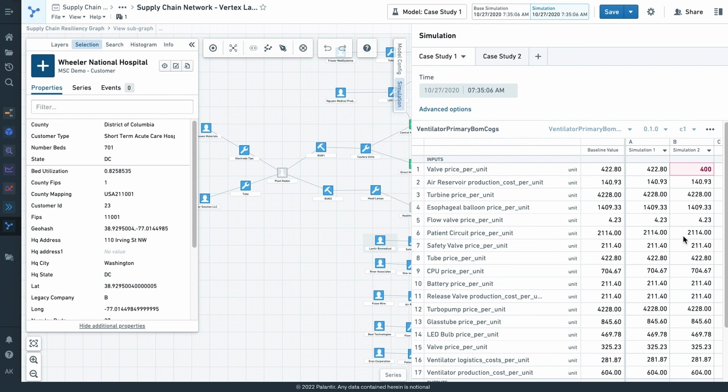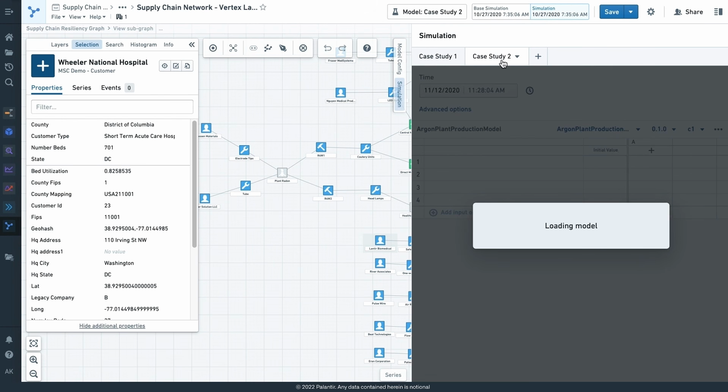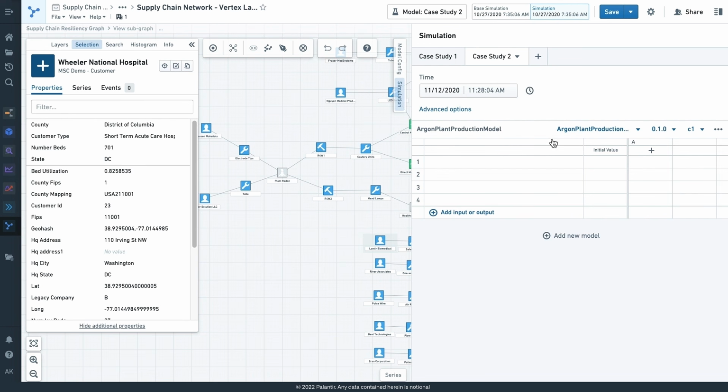And as you can imagine, it gets much more complicated and sophisticated when you're testing compound changes to parameters across not just one model, but potentially many different models. So you can say, I'm not just taking one model in, but I'm going to chain different models together and run a compound simulation across the entire estate or the entire value chain.